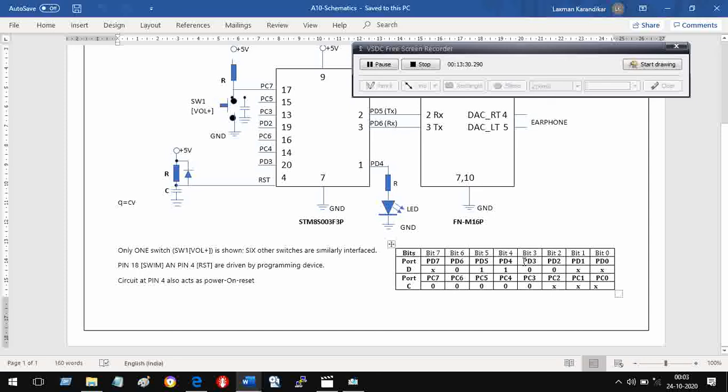This also refers to the data direction register for port D. This is the data direction register for port C. So if I write 0 in this data direction register, let me name it.